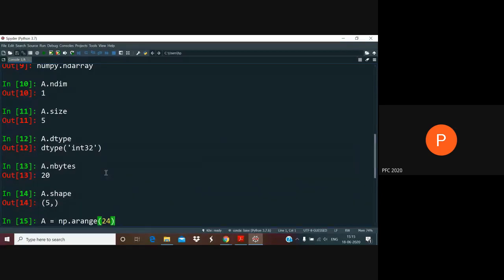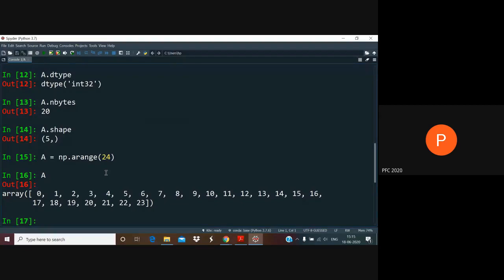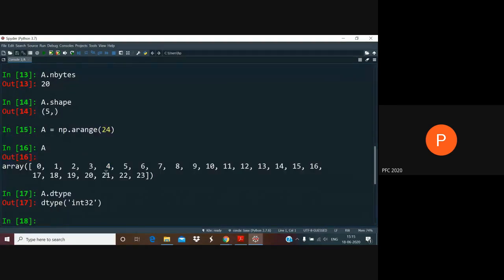if I just type this, I'm going to get an array which will have these elements. You can notice that each one of the elements is an integer, 0, 1, 2, 3, and so on. And of course, that is borne out by the statement int32, and of course, you can easily figure out what size, what shape, etc. this array is, and I don't really have to show you all that.